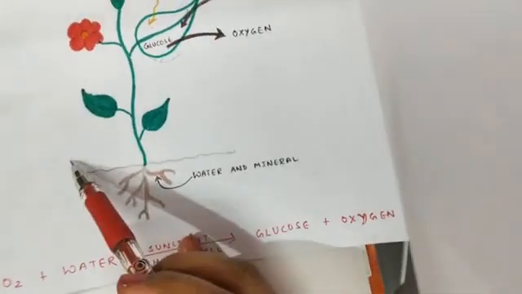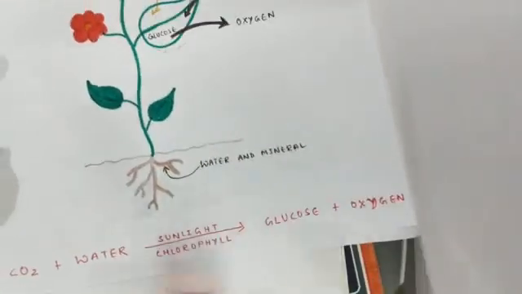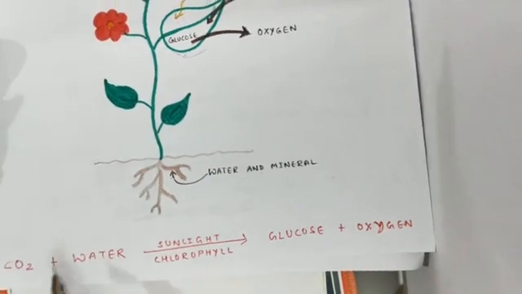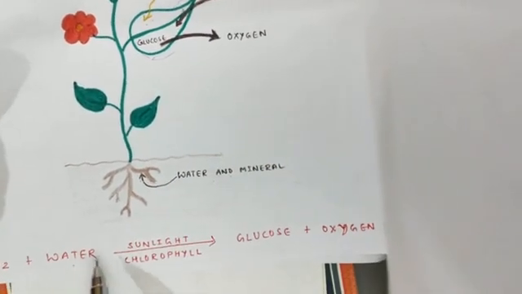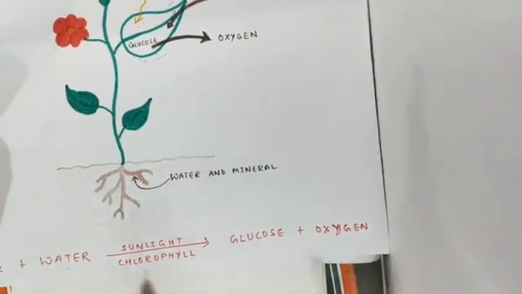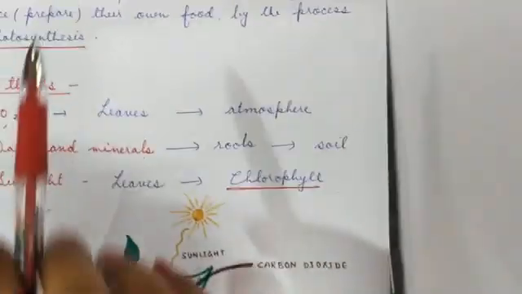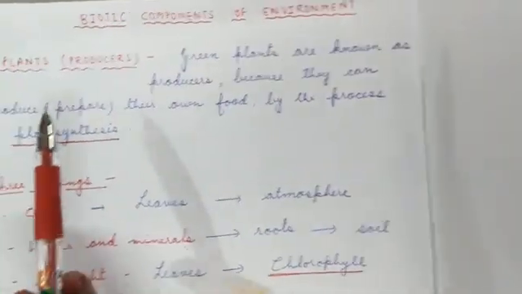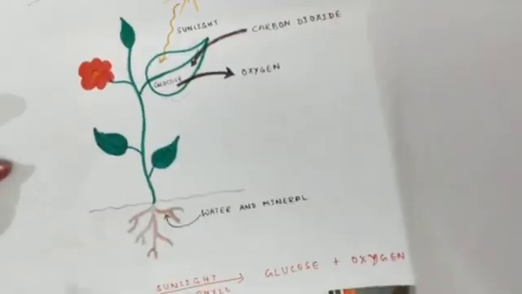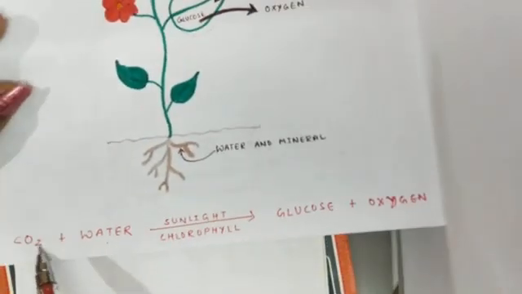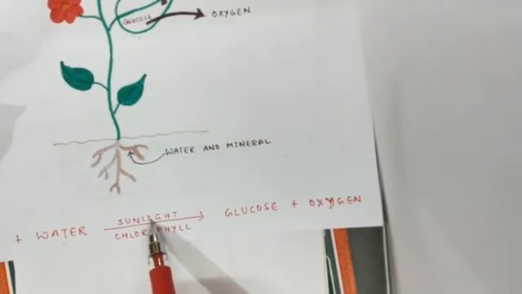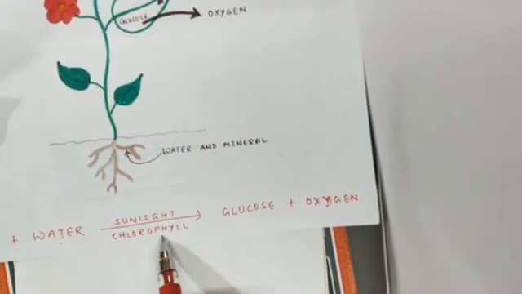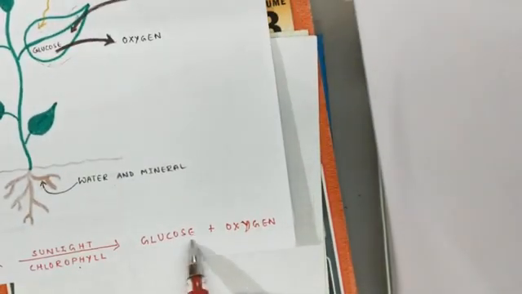So here, this is the process of photosynthesis. You can see carbon dioxide and water. What is photosynthesis? Photosynthesis is the process of preparing food by the green plants with the help of carbon dioxide and water in the presence of sunlight and chlorophyll, and as a result food is formed,